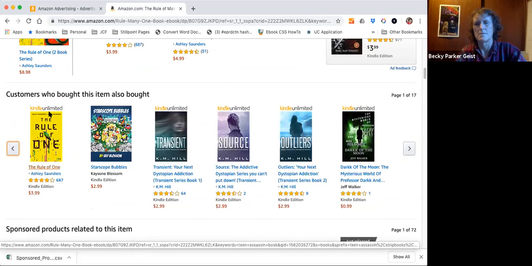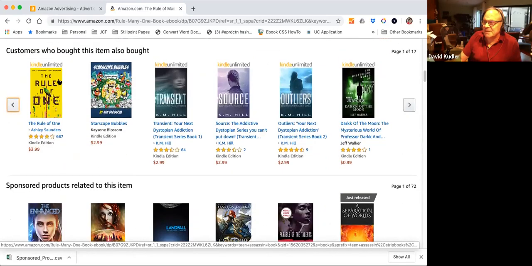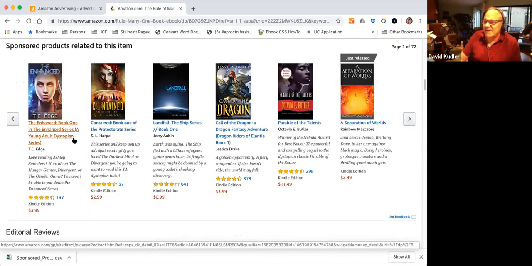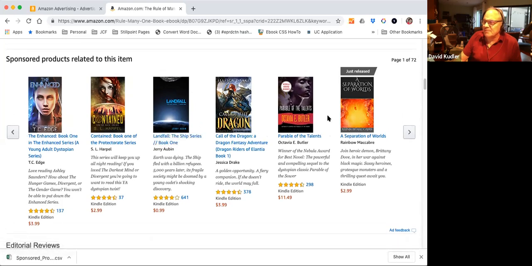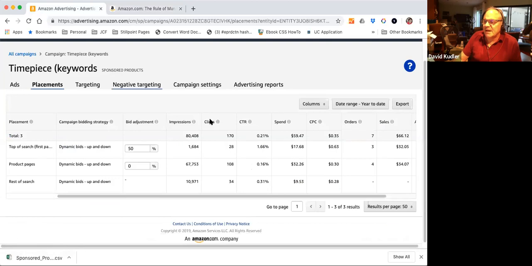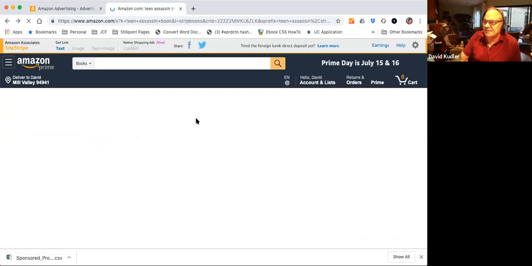So if I'm not showing up here, you'll notice that the book that shows up, oh, this is the Autobots, is the first book in the series. But if I'm not showing up in this list, it's because my bids are low or my click-through rate is low. If all bids are equal, they'll choose the one with the higher click-through rate. So if you look here, my click-through rate for top of search, which is this here, right,